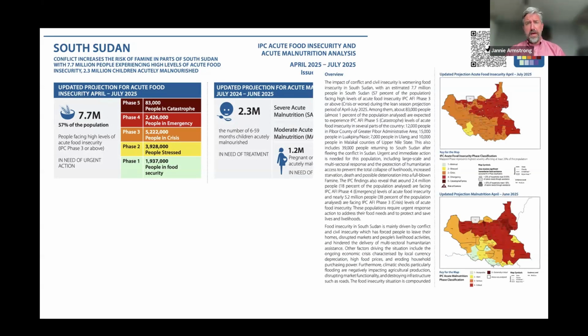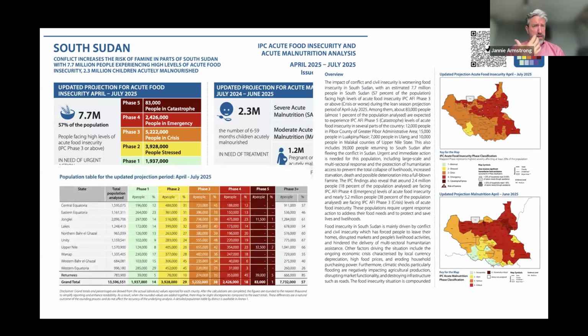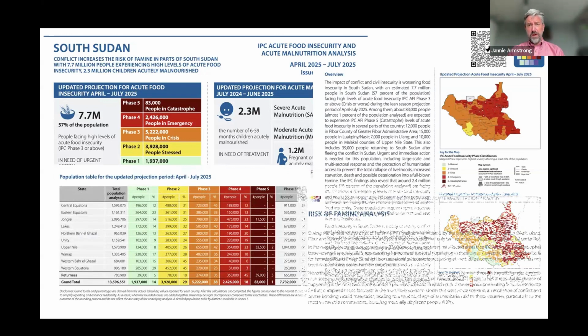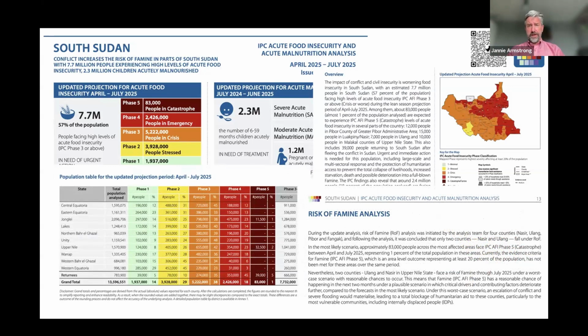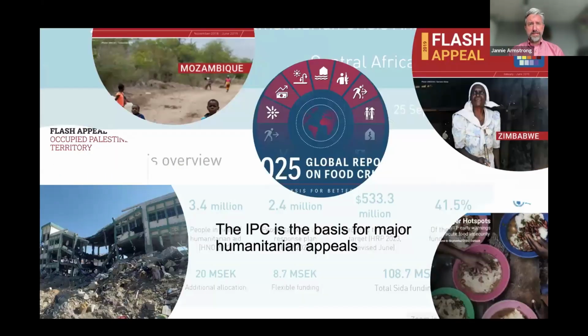It provides a map and a narrative to explain the nature of the crisis as it's being experienced by people. What are the dimensions and the parameters of that crisis? It provides a population table like this in the bottom left, which shows you where those folks are and what phase they are in. This is at state level, but we do indeed go one administrative level down to district level, and that's also available. And then we also, as necessary, provide additional information on famine or risk of famine as applicable. In South Sudan, we did indeed identify 2 places for that.